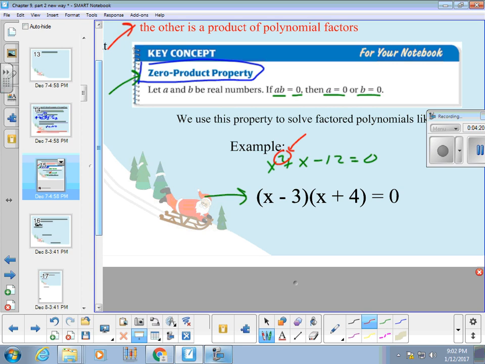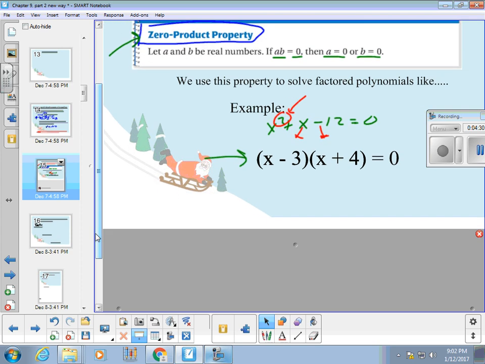When I factor it into factored form, here's what that looks like with the two binomials. And now as I look at that, I can figure out some values of x that I could plug in and make this equal to 0. That would make the equation true. Really what I'm doing, just so you know, will help as we get into